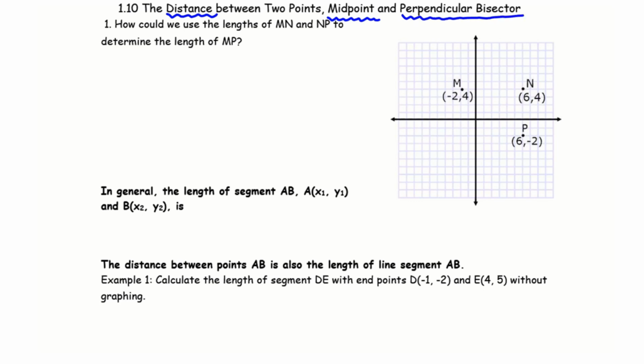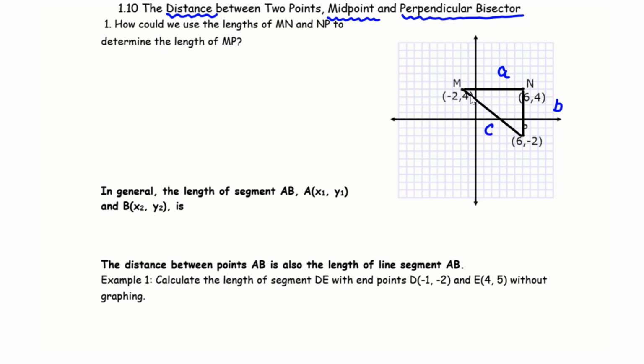In order to find the distance between the 2 points, we are able to use the rise and run between the 2 points. So MN and NP are the run and the rise. In this triangle, one side is A, another side is B, and the hypotenuse is C. If we are able to find side A and side B, we could use the Pythagorean theorem to